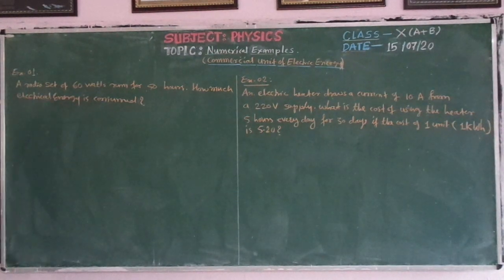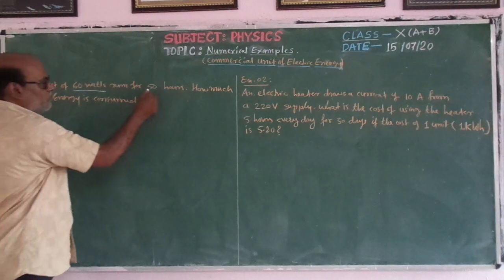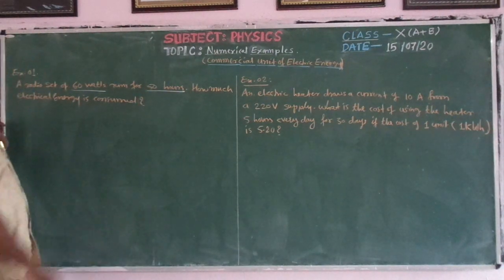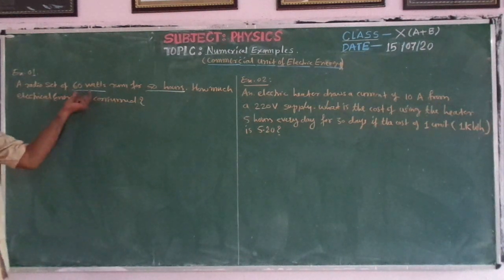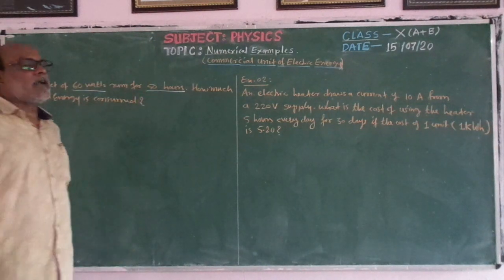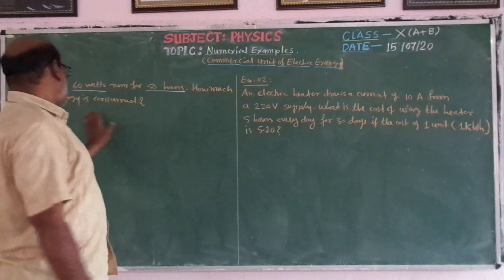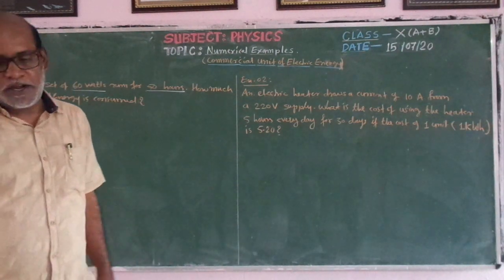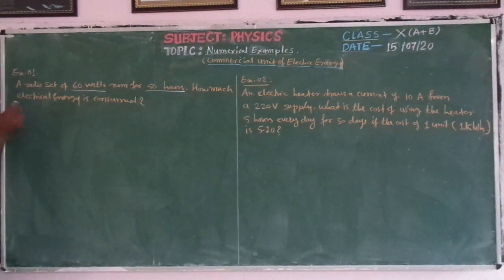A radio set of 60 watts runs for 50 hours. How much electric energy is consumed? The device is the radio set. उसकी ये पावर दी है 60 वाट and it runs for 50 hours. मतलब हमको ड्यूरेशन दिया, टाइम दिया और पूछा है कि how much energy is consumed by that radio set. Okay, so as per the example here,